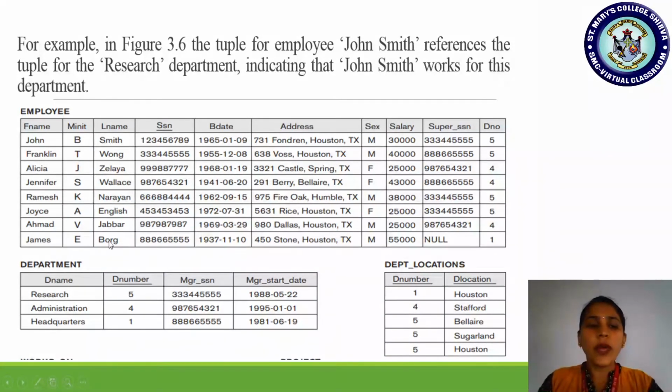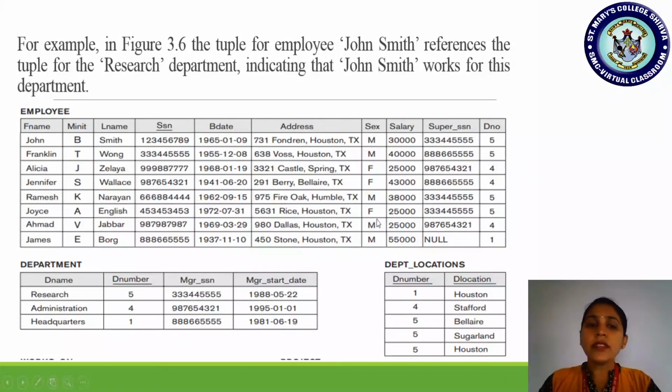When I delete the Research department, in the employee relation John Smith is working in department number 5, but when referenced with the department relation, 5 has been deleted, so there will be no reference for department number 5. Understood?